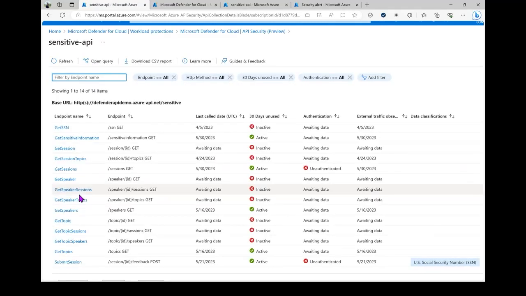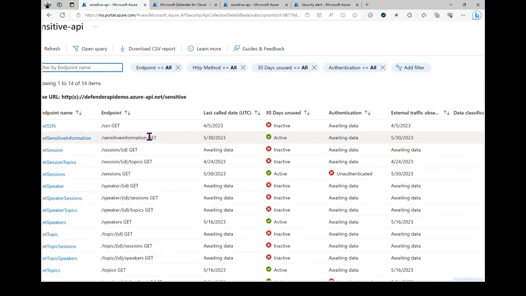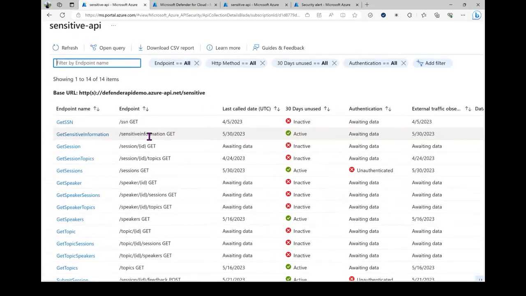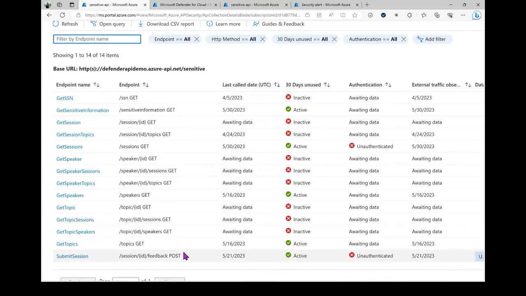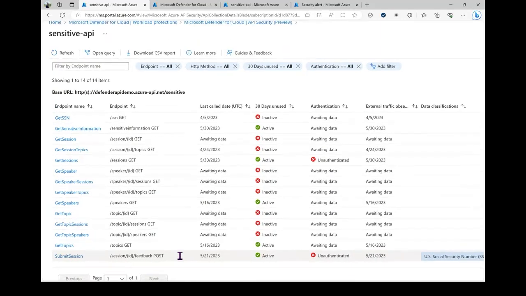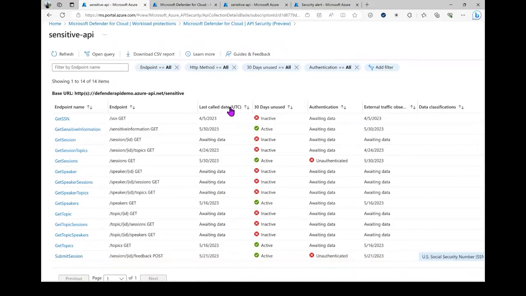drill down. So now I can see all of the API endpoints that belong to this API collection, and I can see each insight for every single API endpoint. So first we have the endpoint name and the actual call that's used when accessing this endpoint. So I have some that are used for GET, then I have some which are actually updating or adding information through the POST method. So I can see all the HTTP methods here. I can see the last call date for each API endpoint. This is used to help benchmark the insight for whether they are active or inactive.